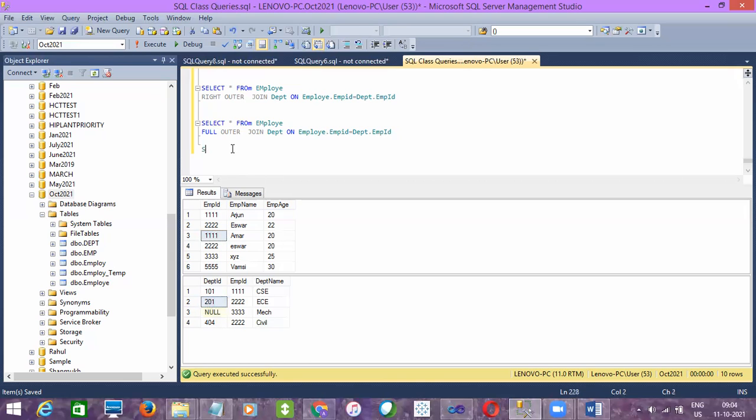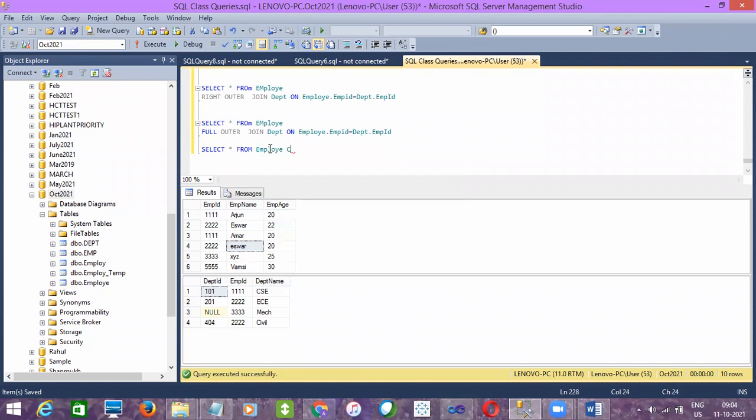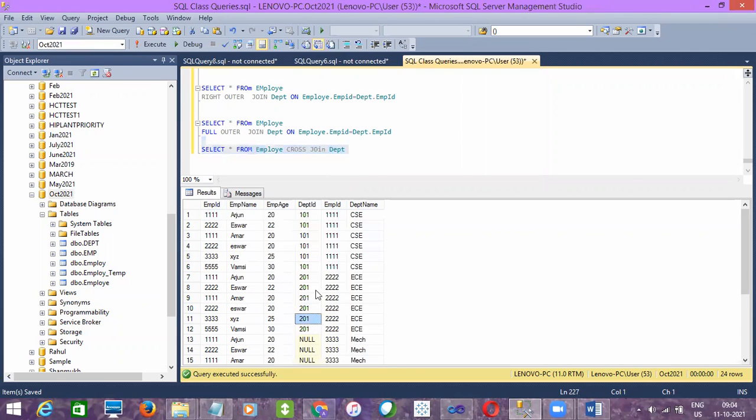The syntax for this is select star from table A cross join table B. There will not be any condition here to check between the two table columns. Why? Because it is performed at the row level, so we don't need to give a join condition here, and if you give one, it won't accept it. That's it, it will retrieve 24 rows.